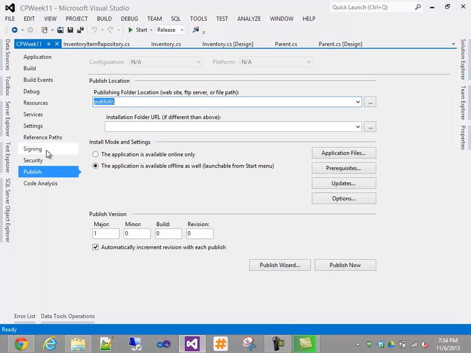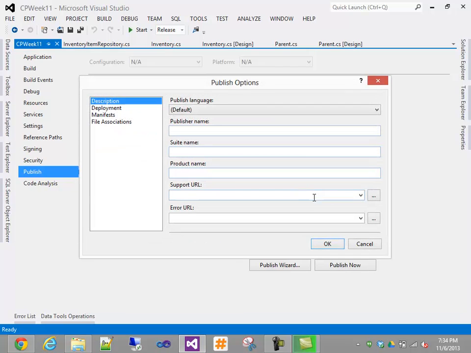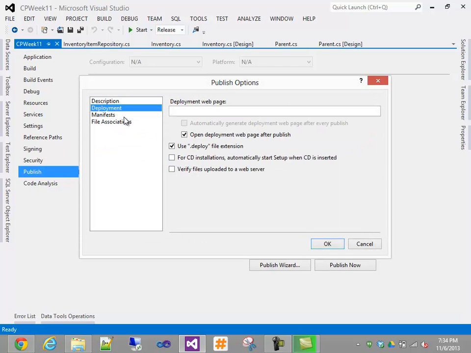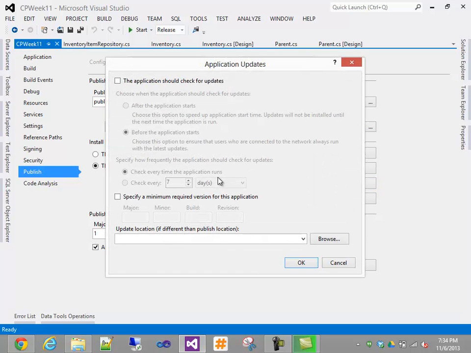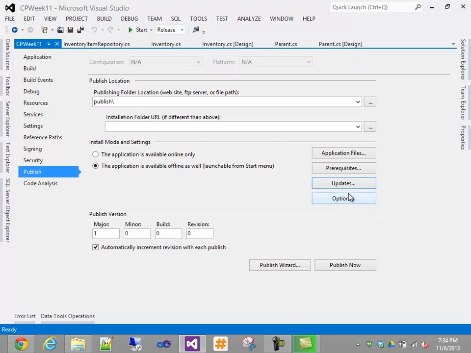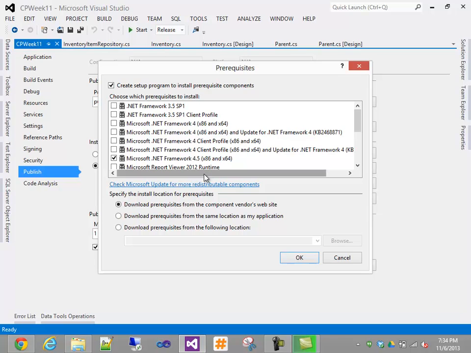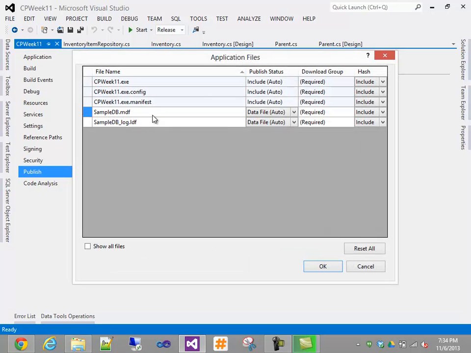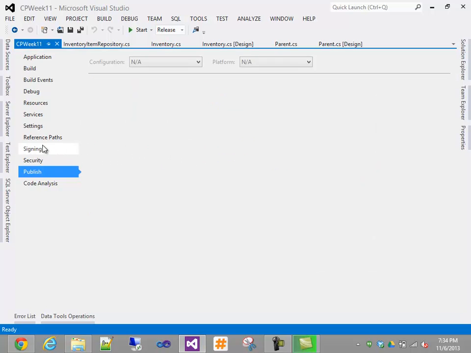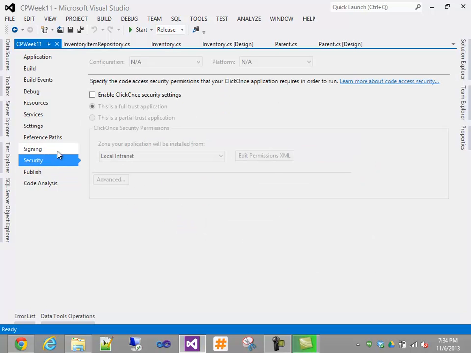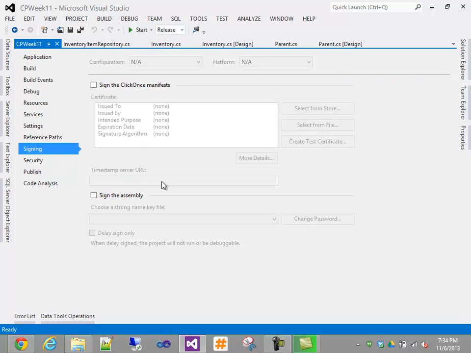Properties again. Click once. Click once is